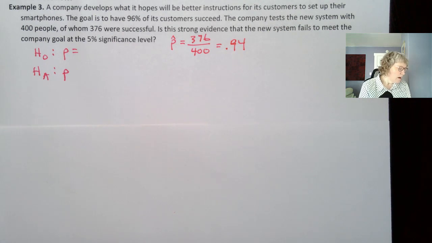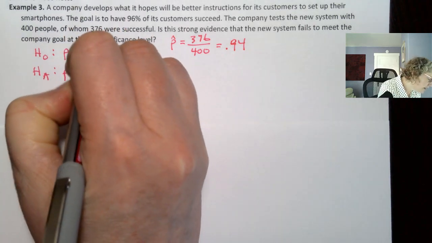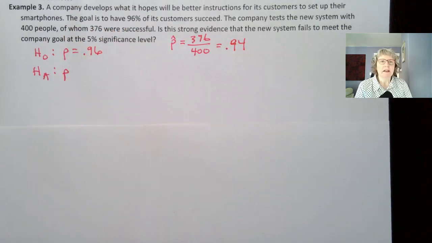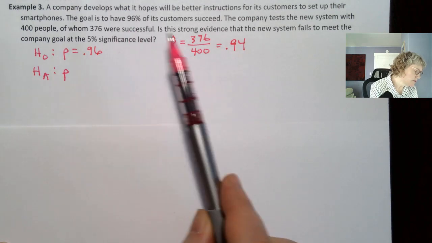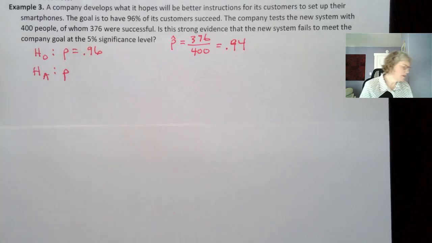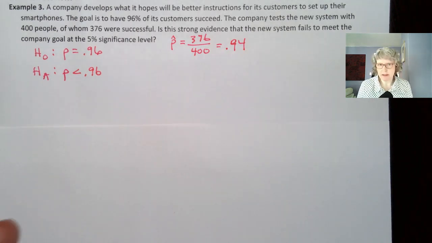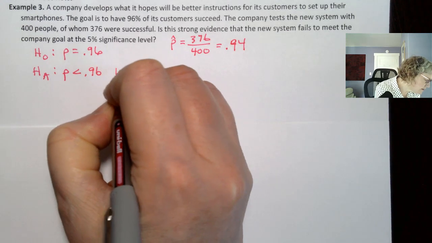I know that's my p hat, so the other one has to be p0, 0.96. I know it's worded a little differently, like it almost sounds like that's the claim, but let's read what we're supposed to test. Is this strong evidence that the new system fails to meet the goal at the 5% significance level? That tells me the claim is that they're failing to meet the goal. So is p less than 0.96? It might have been easier if I wrote less than 0.96 first, and then I would know that the null is equal to 0.96. So this is a left tail test,